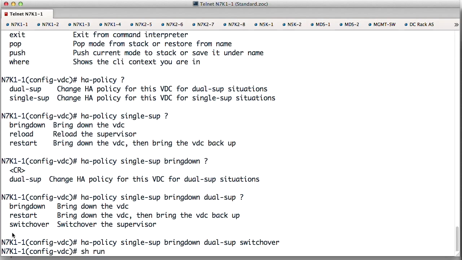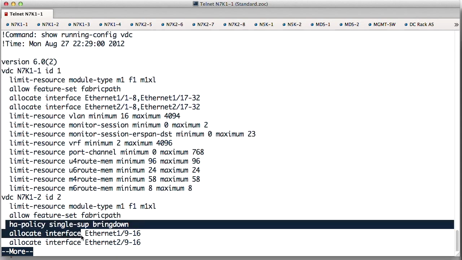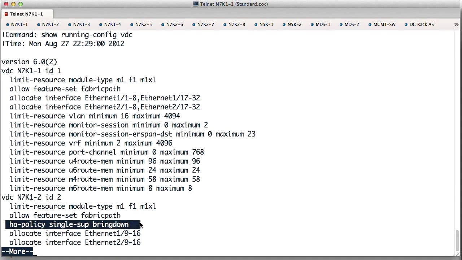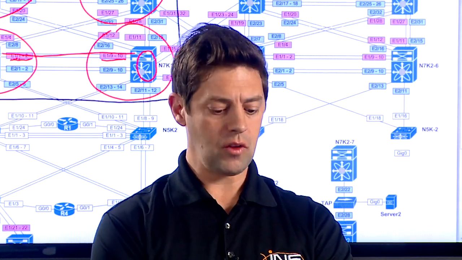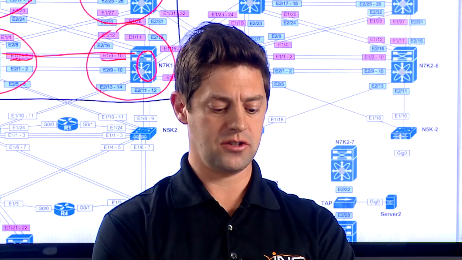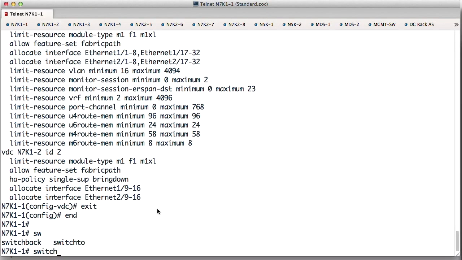So let's do show run vdc. And I can see that I've got the high availability policy for single supervisor is bring down. It did not include the dual supervisor policy, the reason being that that is the default already. Okay? So let's go ahead and end out of my configuration, and I'm now going to switch to